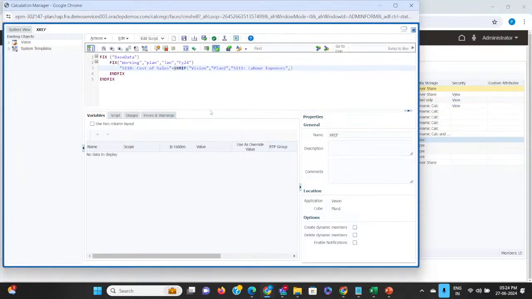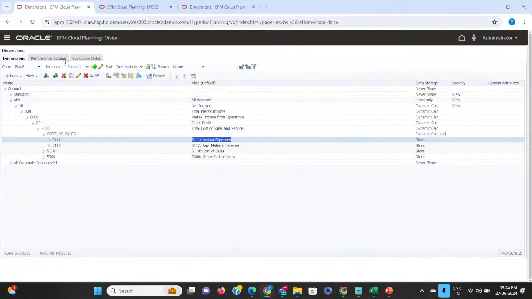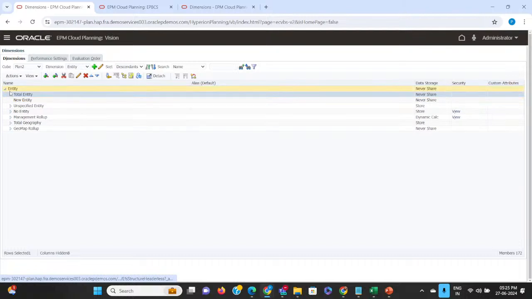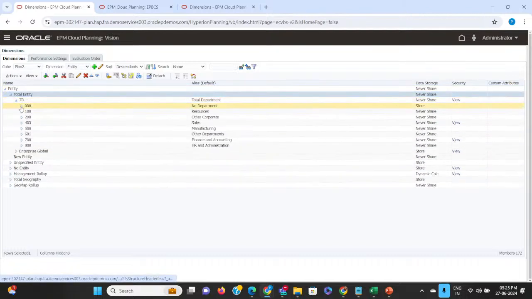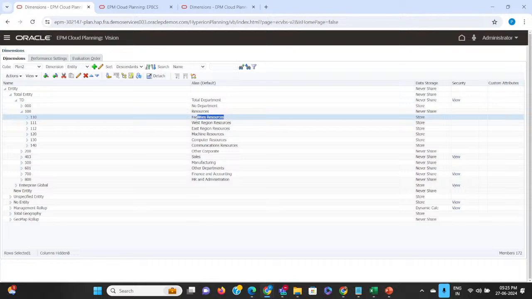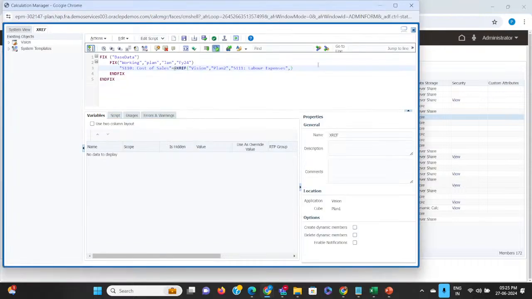Here we are working with 110, entity total. Okay, it is facility resources, right? Okay, then